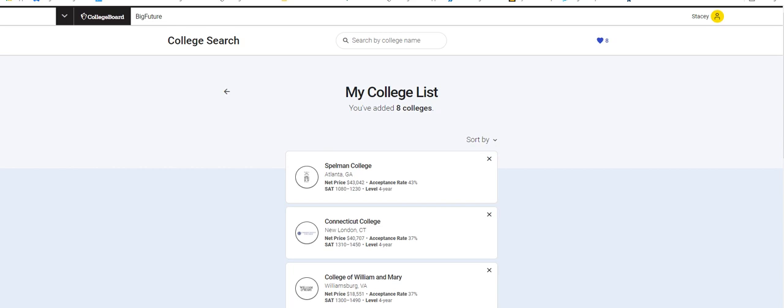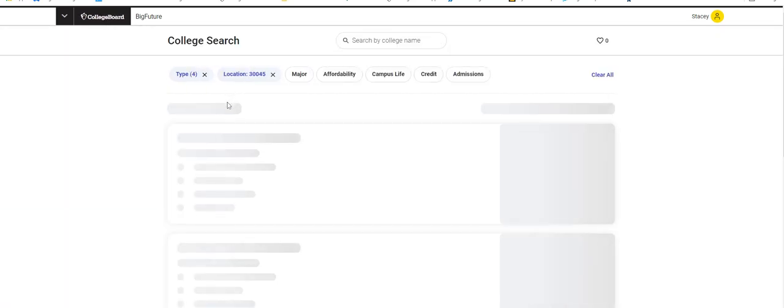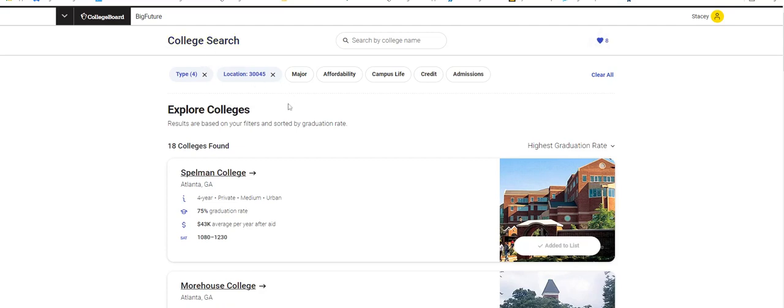So you can see that I'm just going to go back to my initial results list. It's very user friendly for the students. We've gotten a lot of great feedback. My suggestion to you is that you just get in and explore the college search tool, but hope that you really like the changes. More changes will be coming, especially as we continue to receive feedback from students as well as counselors,